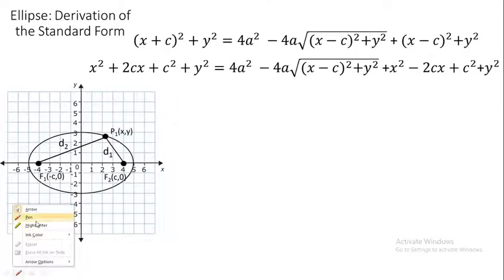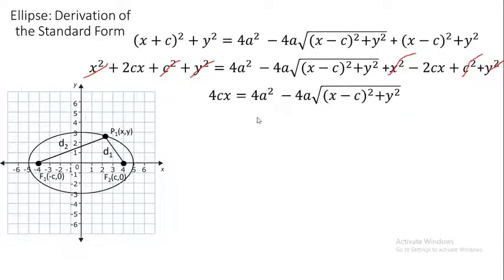We expand the squares. Square the first, 2 times the first and the last, square the last: x squared plus 2cx plus c squared. We also do that on the right side of the equation: x squared minus 2cx plus c squared. We cancel what we can: c squared, y squared, and x squared. It leaves us with 4cx because the negative 2cx has been transposed to the left side of the equation, becoming 4cx. Since all of them have 4,